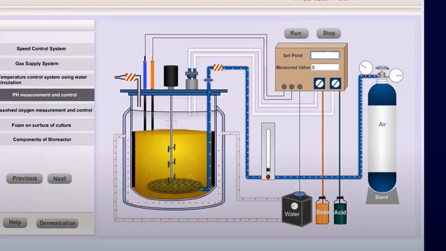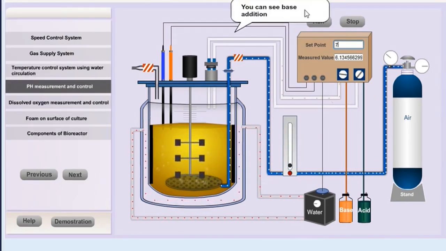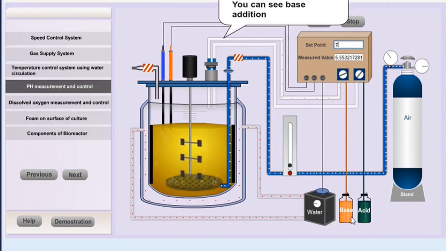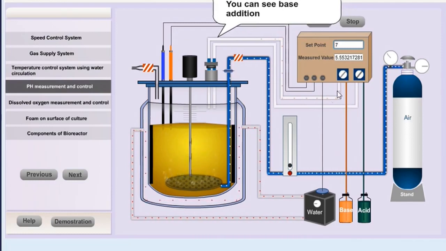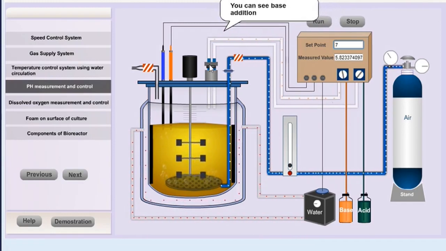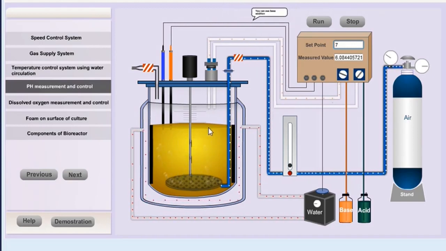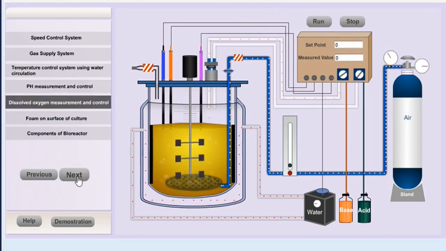The pH of the system will be adjusted according to the production of a given metabolite. If the pH drops, you can see the addition of base into the reactor, and if the pH increases beyond 7, then acid will be subsequently fed into the reactor in order to maintain the optimum pH resulting in production of metabolites. Next, the dissolved oxygen concentration can also be measured and controlled, and the process parameters can be estimated